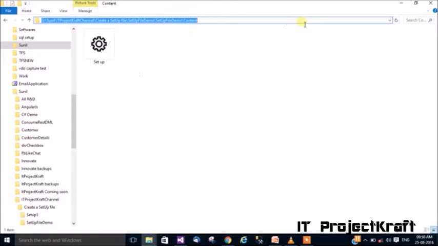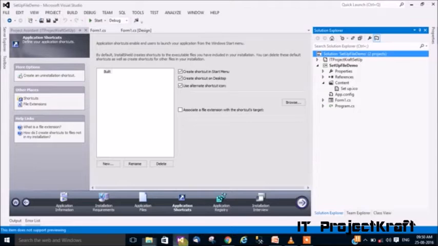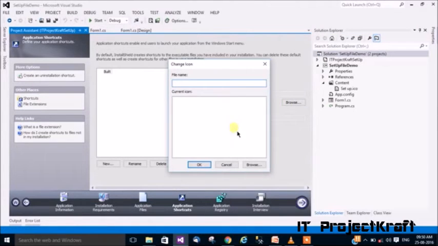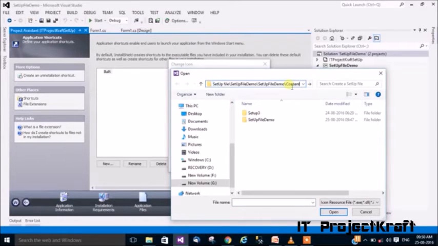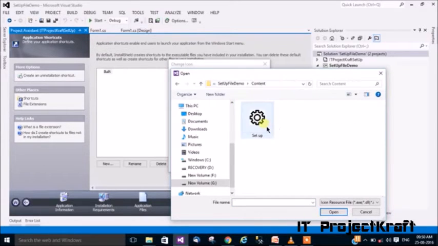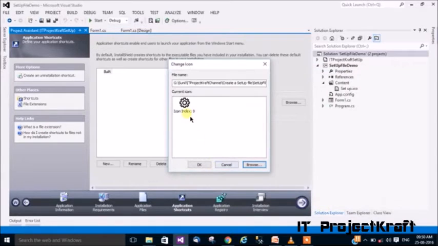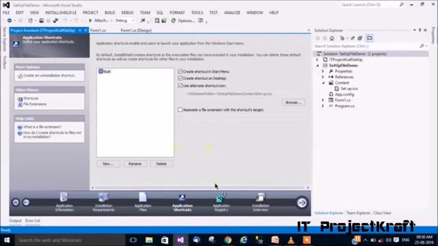So I'll be copying this path, going here, browsing, and feeding in the whole path. I take this icon and select it. As soon as I select it, you will see this icon getting reflected here. Say okay, you're done. Say next.